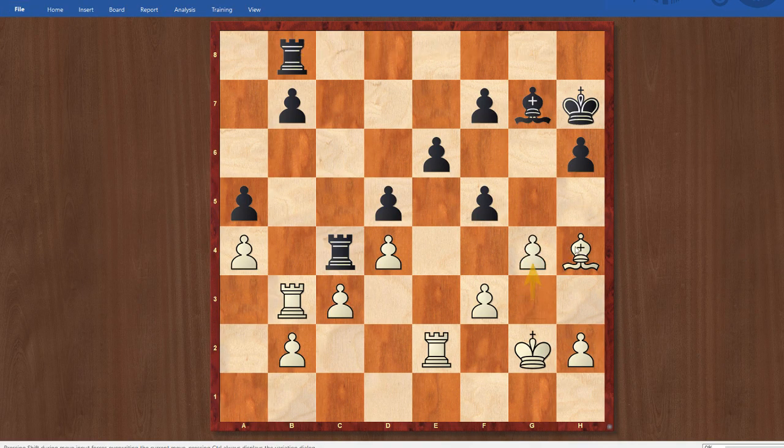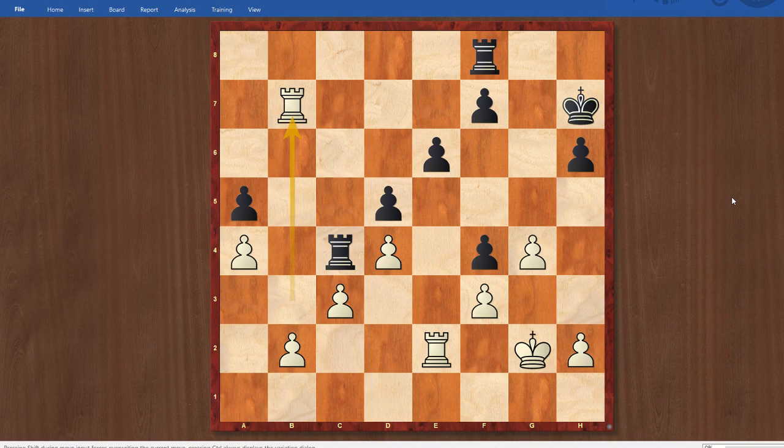And my point was that after g4, the bishop pops out to g3 and challenges the rook on b8. But the issue here is that black can actually play f4, and this is where I stopped my calculations, because I figured that if my bishop can't get to this diagonal, it doesn't really make sense for me to go for this line. It turns out that I can actually play bishop e7 here and still get to the diagonal, but after bishop f8, this position is actually totally fine for black, and actually easier to play for black,